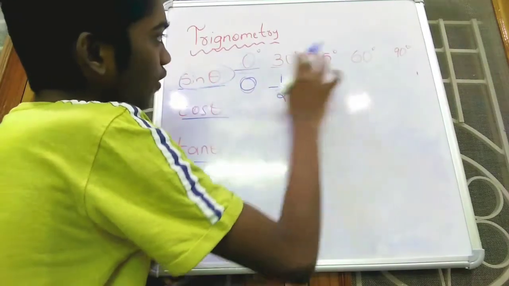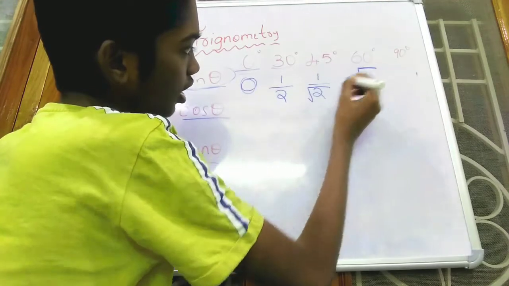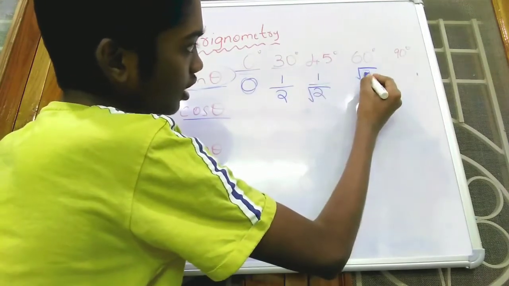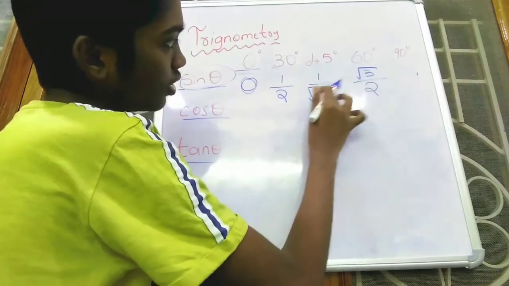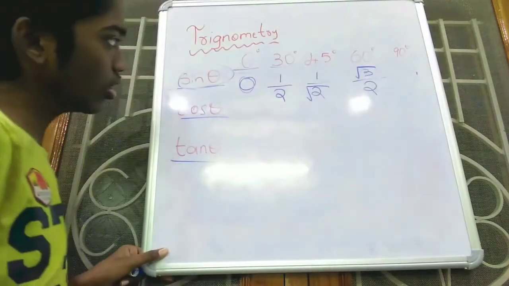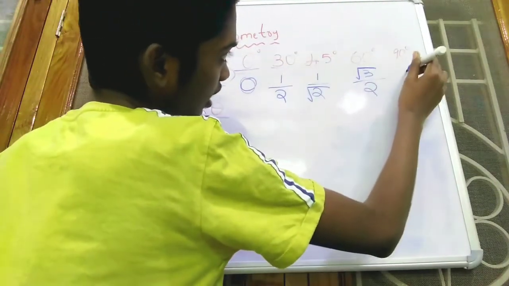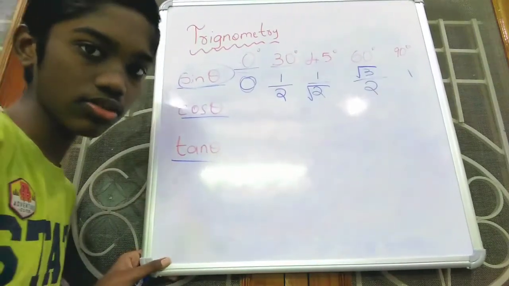Now the value of sin 60. Now you take this root upward to the numerator, and instead of 2, the number after 2 is 3, so root 3 by 2. Now again you put the same 2 without root. And coming to sin 90, it is very easy to remember, that is sin 90 is 1. So like this, with some tricks you can remember those values in a very easy manner.